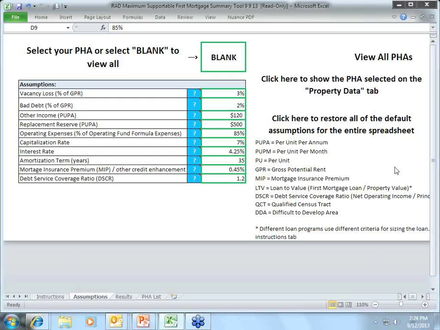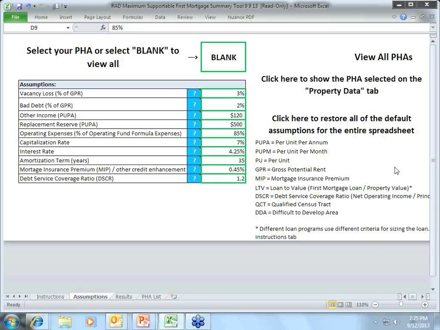And the answer is yes. So there's no requirement under RAD for you to do any particular level of rehab. All we require is that every property that gets an award, after it gets an award, gets a physical condition assessment. And if the PCA comes back and says you do have $3,000 or $4,000 per unit worth of work to do, we simply require you to do whatever the PCA reasonably says you have to do. But if the PCA comes back and says that property really is in great shape,